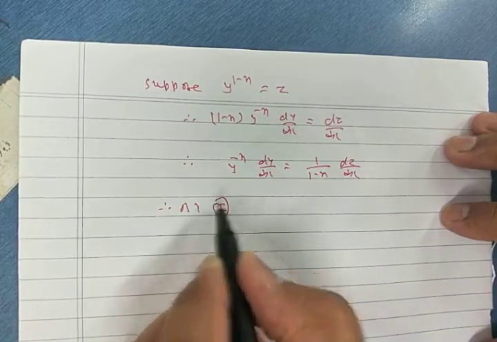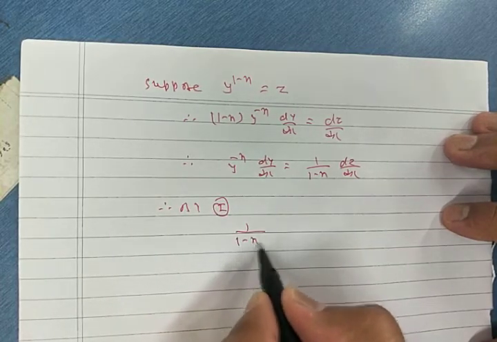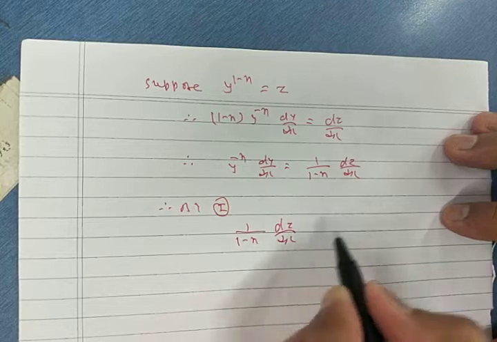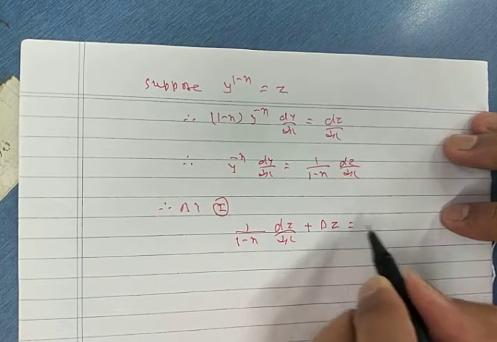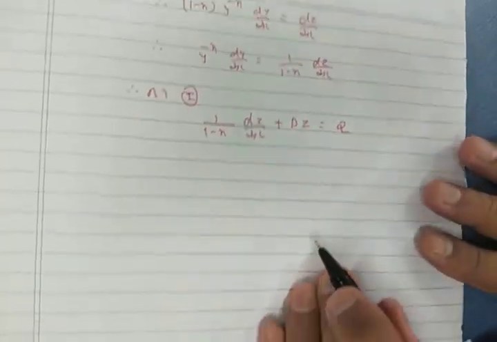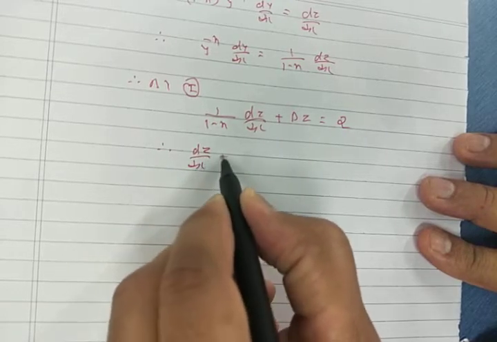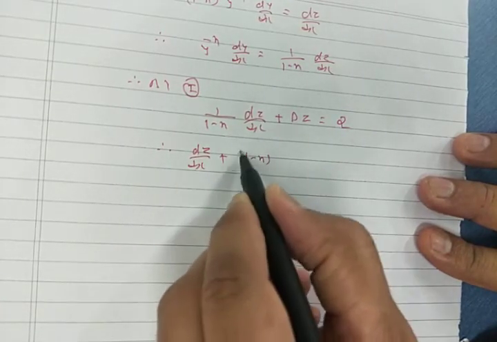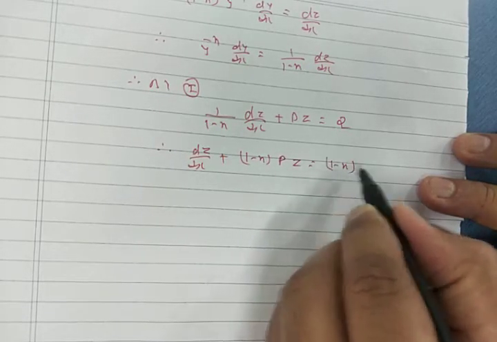And therefore by 1, what we get? 1 upon 1 minus n dz by dx plus p into z is equal to q. So multiplied by 1 minus n. So dz by dx plus 1 minus n into pz is equal to 1 minus n into q,